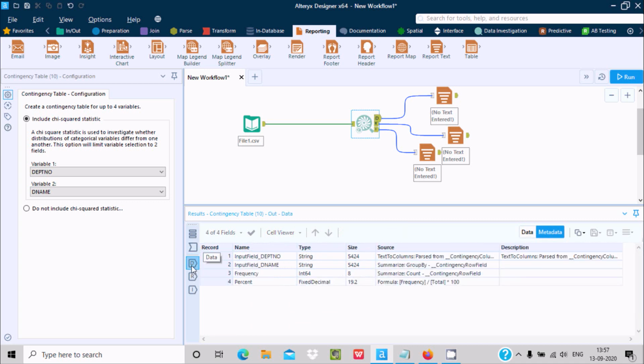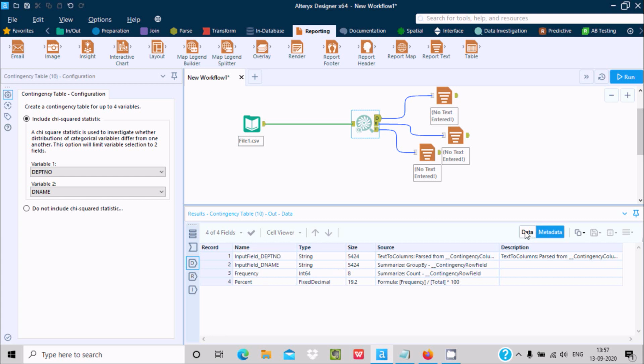Now let's see the data: input field, type, size, source. Then text to columns, pivot contingency column, and summarize group by contingency row field, and this formula is frequency divided by total times 100. So this is for percentage, and this is for frequency.